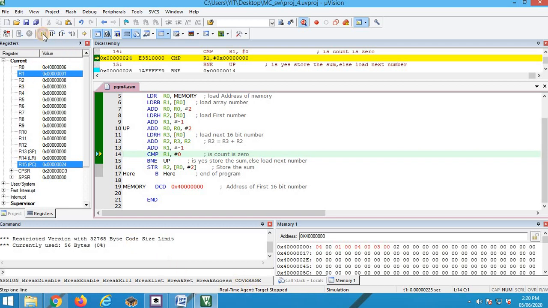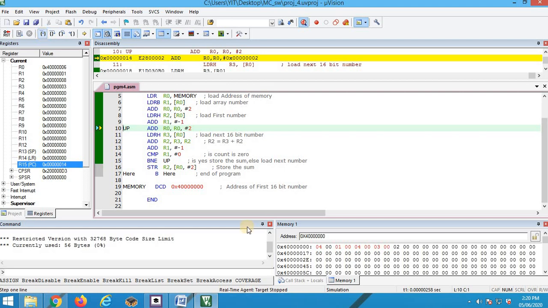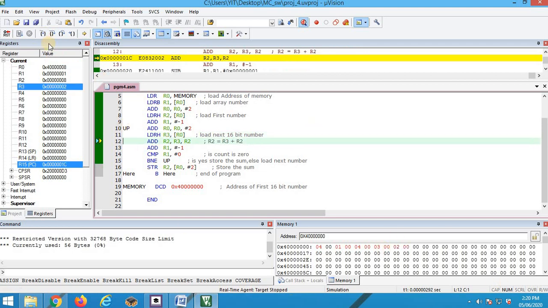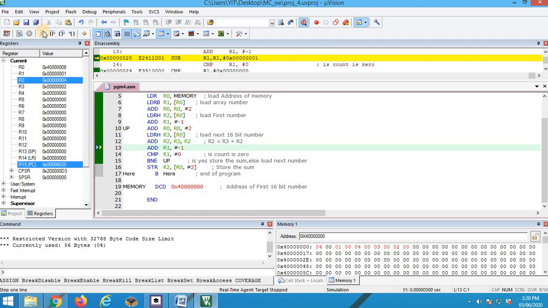No. Go back to the loop, increment the pointer so that it points to the next element of the array, LDRH R3, R0. Now R0 is pointing here, 2 is loaded into R3. R3 becomes 2. Next, 2 plus 8 is how much? 10, which is represented as A in hexadecimal.